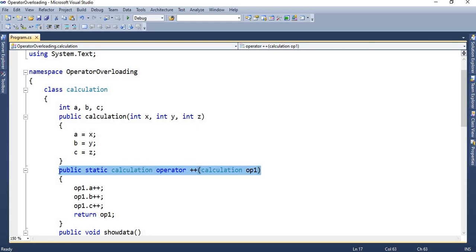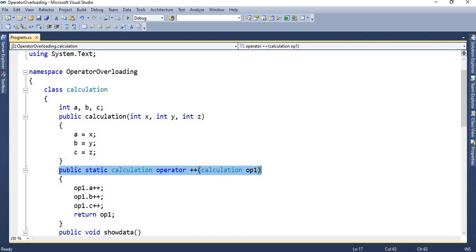Also, you have to remember that you can overload only some of the operators: unary operators like plus, minus, plus plus, minus minus; binary operators like plus, minus, multiplication, division, modulo; and comparison operators like equal to, not equal to, less than, greater than, less than or equal to, greater than or equal to.